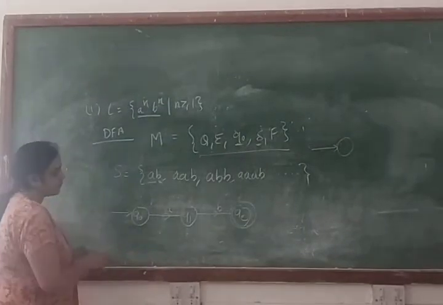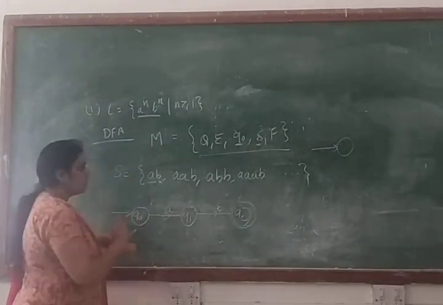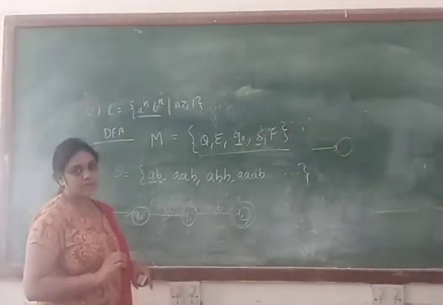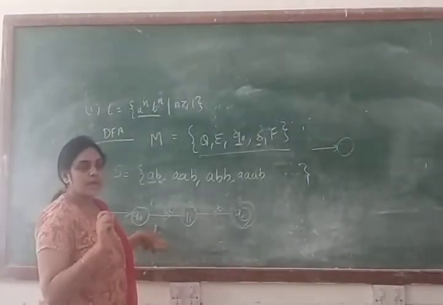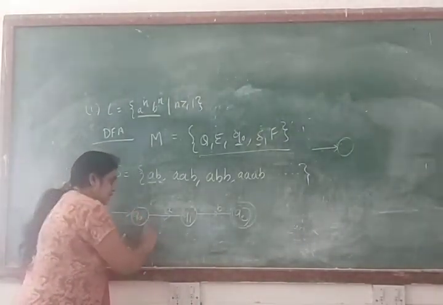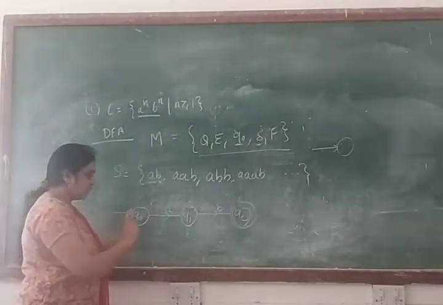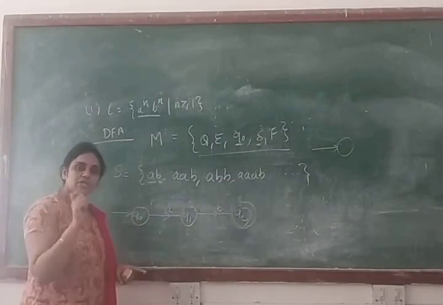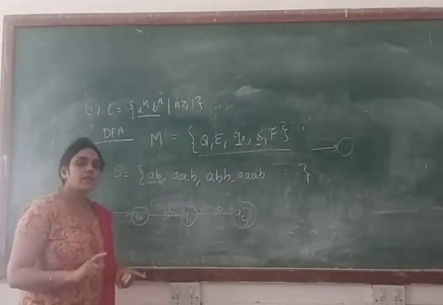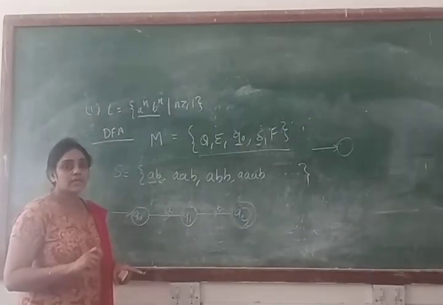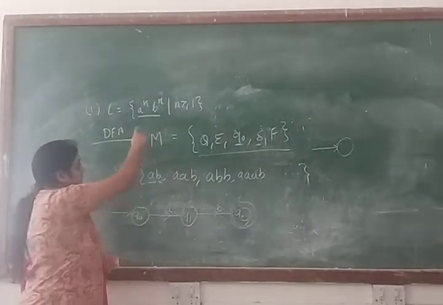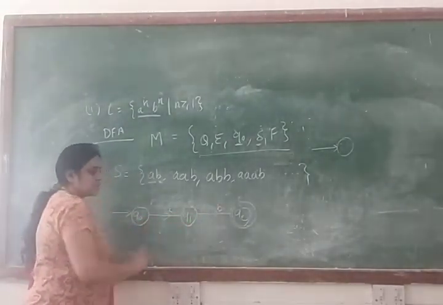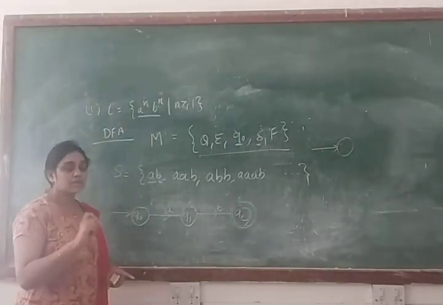Now we will convert that machine. First we will focus on the DFA, because this is not a DFA machine yet. According to the definition of DFA, how many states do you have in this machine? You have 3 states, Q0, Q1 and Q2. Then according to the definition of DFA, each and every state has a transition for every input symbol. How many input symbols are you using? You are using 2 input symbols, because your language has 2 input symbols, small a and small b. That means each and every state must have a transition for A and B.